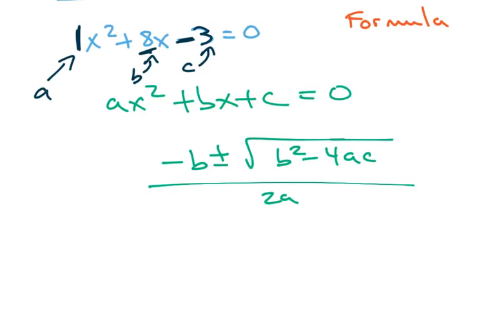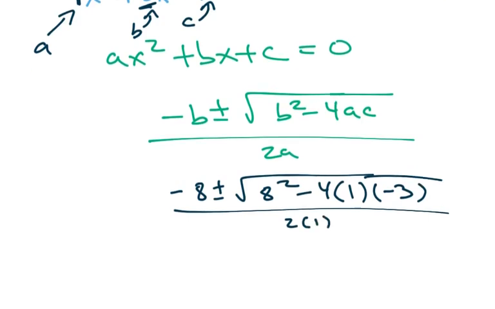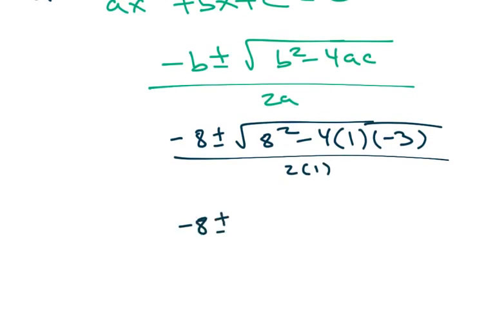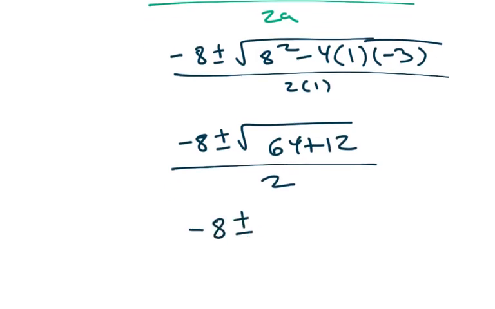Just plug it into the formula. So negative 8 plus or minus the square root of 8 squared minus 4 times 1 times negative 3, all over 2 times 1, and solve. So negative 8 plus or minus the square root of 64 plus 12, all over 2. Keep cleaning it up. Negative 8 plus or minus the square root of